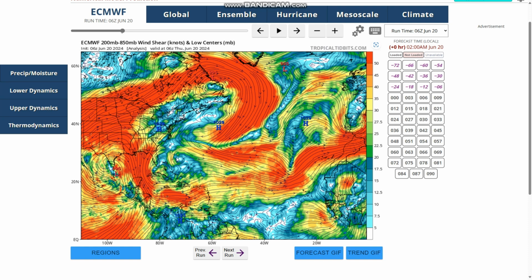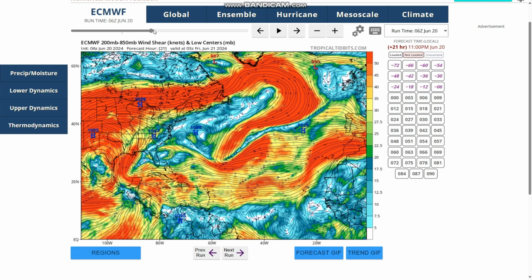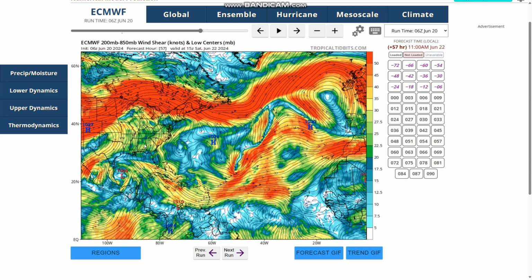This system actually doesn't have that much wind shear around it, but it still has a little bit, and it's not really organizing that fast. But I still think it could get a name. If we go a little bit forward, actually, right here, this system goes in, the one that's in Central America,